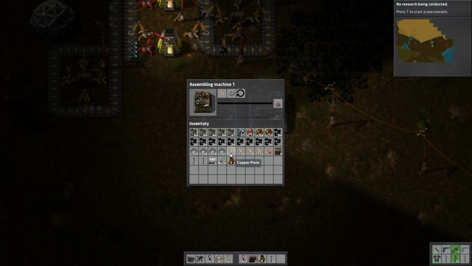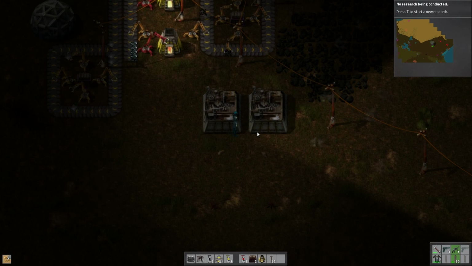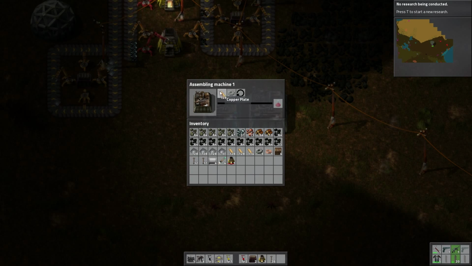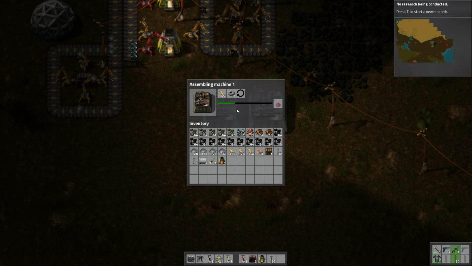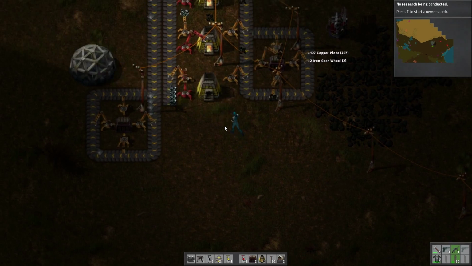This time you'd want to put... Now, you could manually do it. Like, we could manually make a couple copper... or a couple gears. Let's just make a couple quick. As long as it's powered, we can put in some copper plates and some iron gears, and it will start crafting on its own. But that's kind of the lame way to do it. You want it automated, basically. So how are we going to do that? Well...